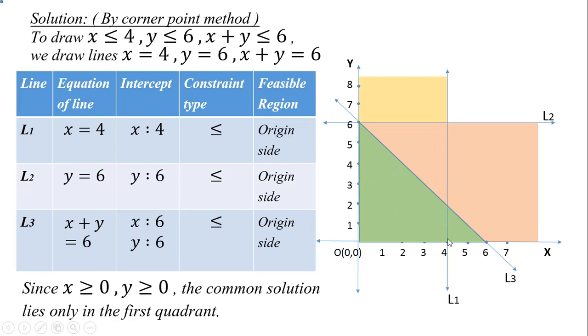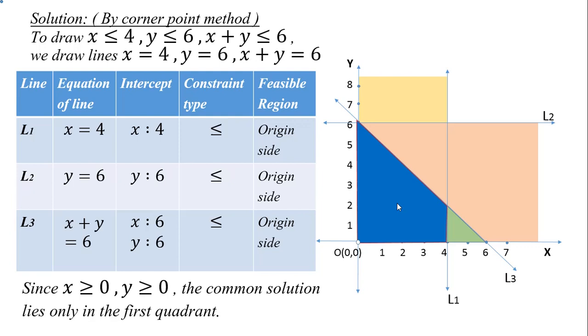So if we consider this triangle here, this part is in the solution set of L3, but it is not in the solution set of L1. So it is not a common part. Only the common part is here. I will show you this. All these points are in the solution set of all the three inequations. So this blue part is the common solution set. Okay. So up to this you have studied last year how to solve a system of linear inequations.